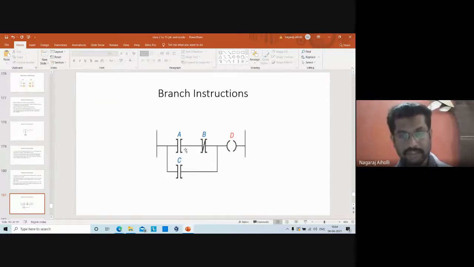So when contact A is energized and the NOT of contact B is energized, then the output D is energized. This is one condition. Another condition is, or when the contact C is energized, the output coil D is energized or the output device is turned on. This is the second condition. So the branch conditions work in this way. When they are connected in parallel, it is the OR state. When they are connected in series, it will be the AND of the conditions of each of the contacts.